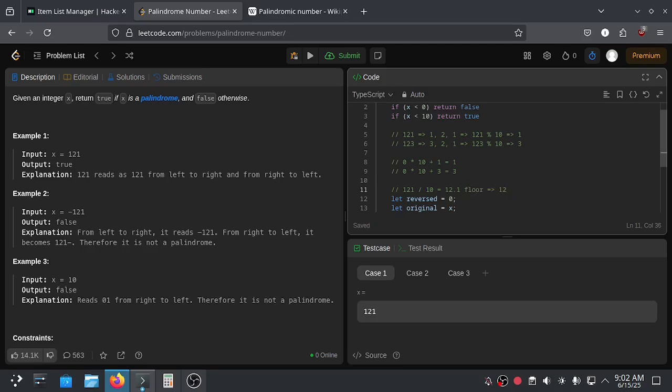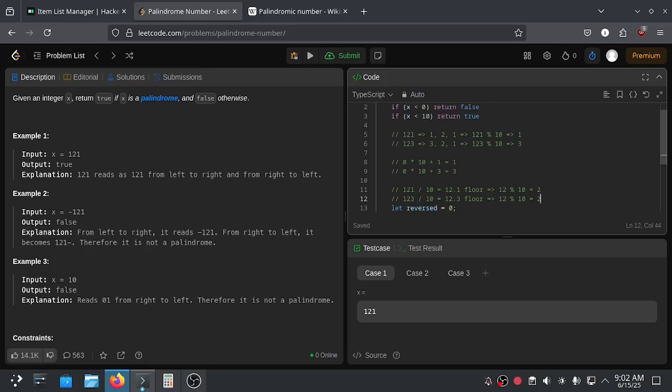Then using the modulo operator, we get 2, the remainder of 12 modulo 10. We can do the same thing for 1 2 3: it's 12.3, and the floor is also 12, and modulo 10 gives us 2.